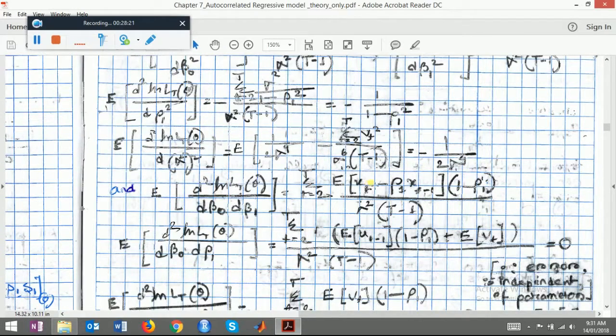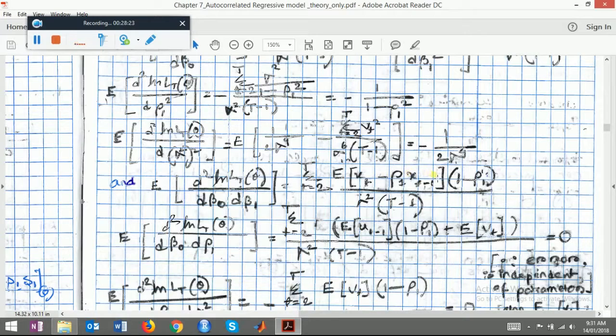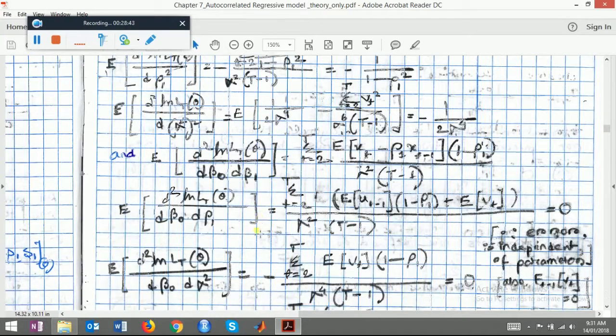And then we are talking about the cross derivative, and here again we are expressing it in expectations. So some things will vanish when you're taking expectation. That's the benefit of taking expectation. For beta 1 we have the beta 1 element, which is z2. For beta naught we have z1, 1 minus rho 1. Fine. For rho 1 we have the rho 1 element, which is just like before, ut minus 1, 1 minus rho 1,